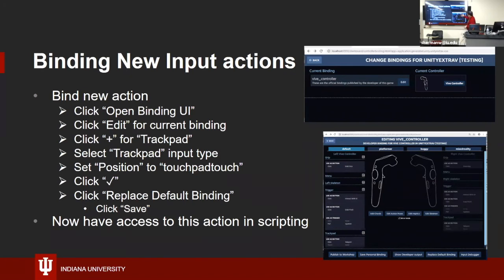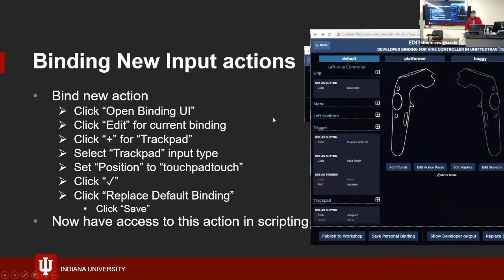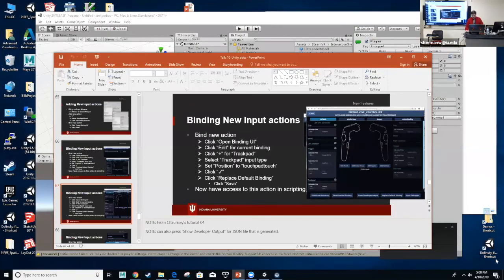So it sees that we're running the Vive, so it shows us the Vive controllers, and then it tells us what inputs are there. By default, there'll be a trackpad input. But after we've done this plus on the previous page and added the trackpad action, that'll also be listed down here in the trackpad list, and we can add that by pressing the plus there. This part we may still be able to do live. Then what we're going to do is save it with the replace the configuration file option and save. All right, so let's go ahead and try that live, even if we don't get our VR again,